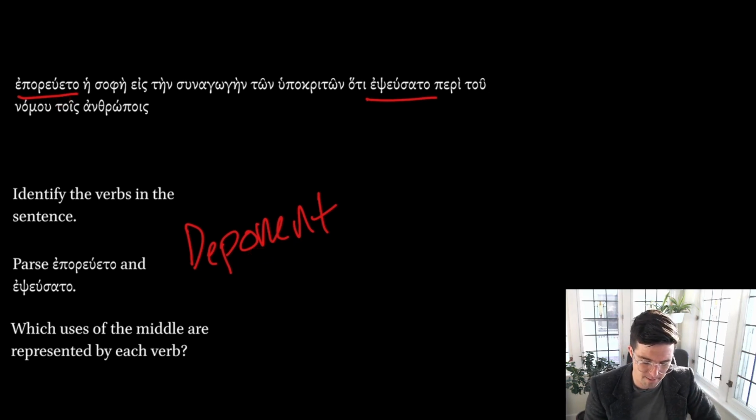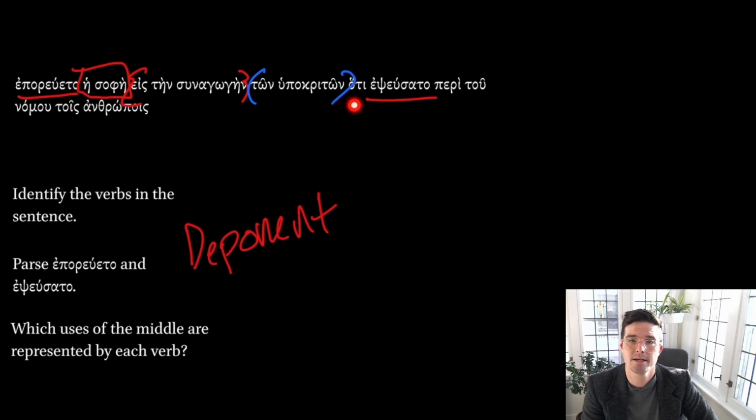So if we're going to translate them up here, the subject of eporeueto is going to be he sophe, the wise one. So this is sort of a substantival adjective. The wise woman in this case, because it's a feminine noun. The wise woman went into the synagogue. So we have a prepositional phrase, into the synagogue of the hypocrites. So this is in the genitive case here because it's possessing the synagogue, into the synagogue of the hypocrites, because she